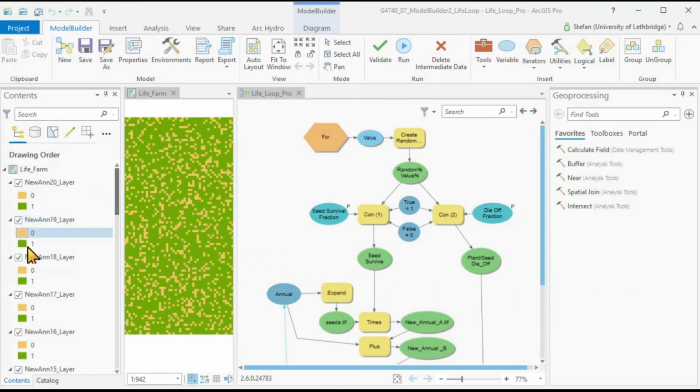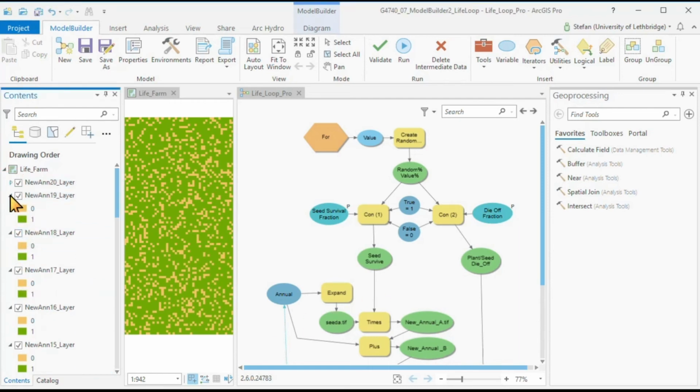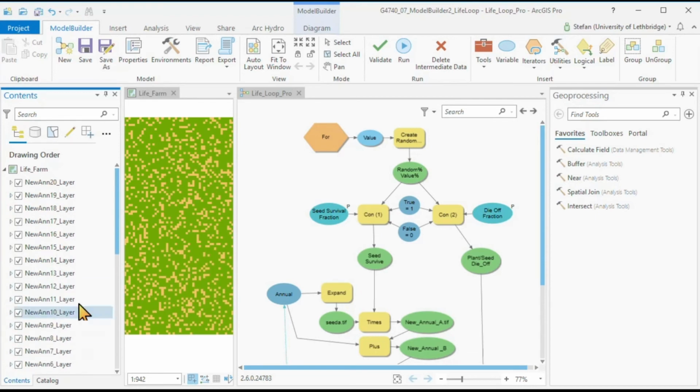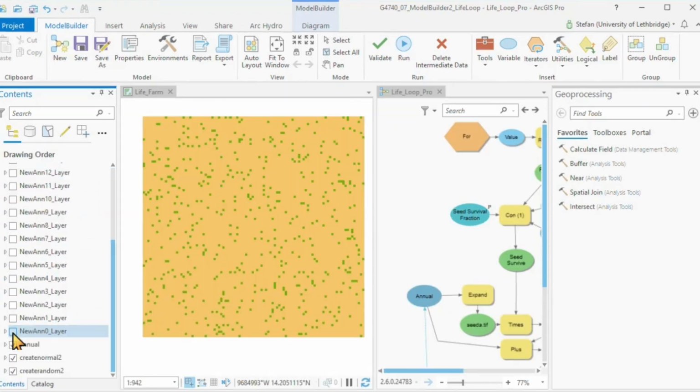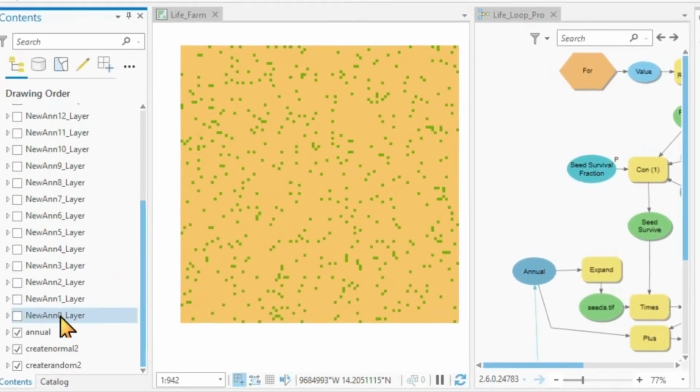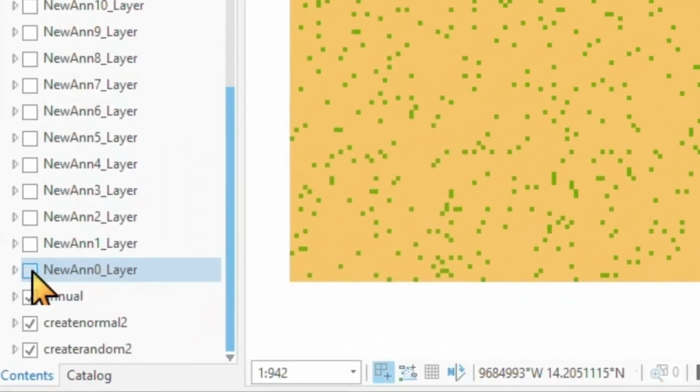We have all the same symbology because we have coded it this way, and I can turn all these off. So here is year 0, the first year that we do, and the model builder called year 1, 0. So this is here already year 1, year 2, year 3,